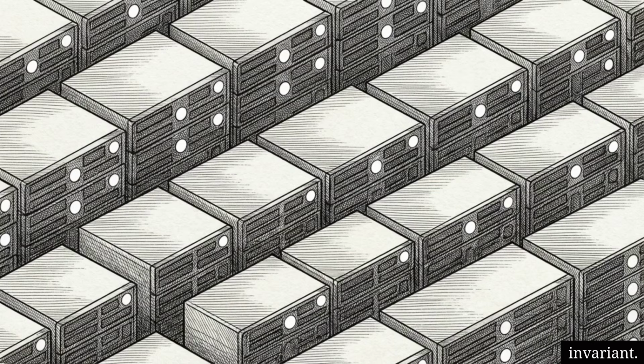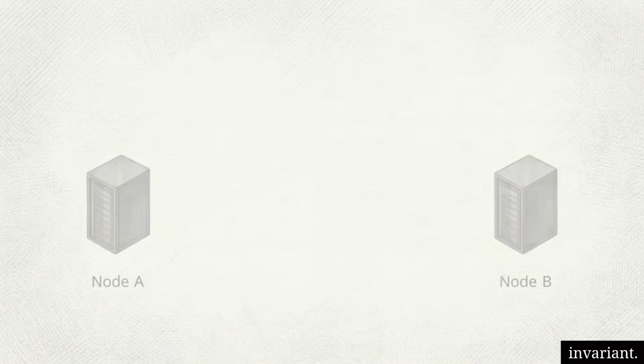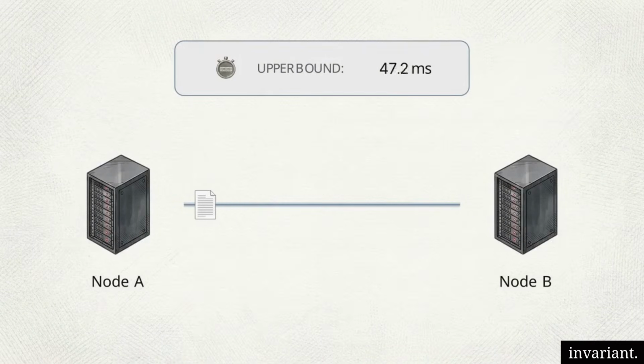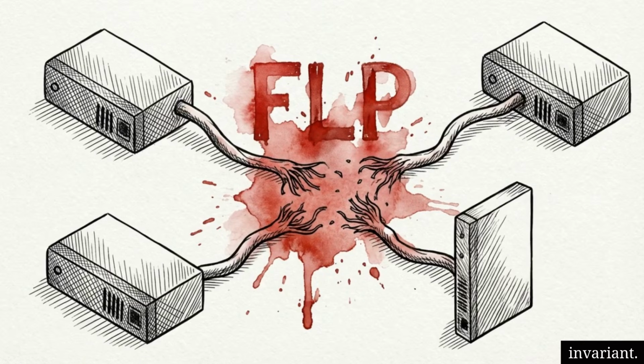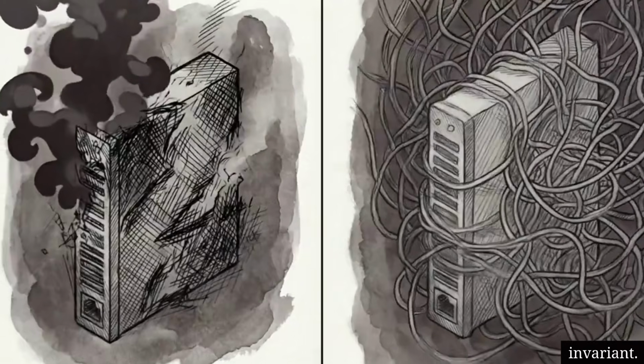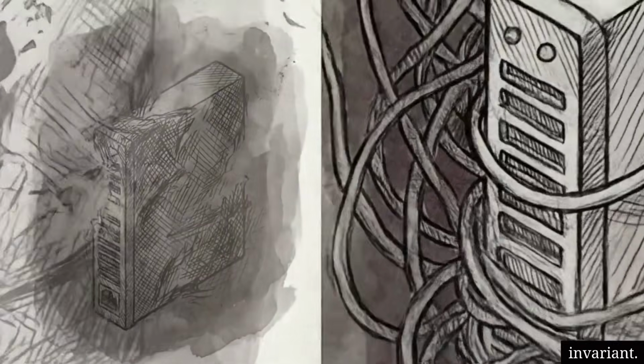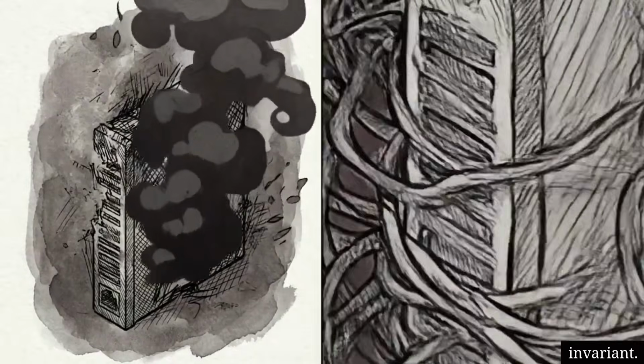To predict how a system will behave, we have to establish its synchrony. A synchronous system model assumes that processes operate at comparable speeds and that message delivery has a strict mathematical upper time limit. True synchrony rarely exists, and in a purely asynchronous system, the FLP impossibility theorem states that consensus cannot be guaranteed. Without timing assumptions, a node that has crashed is mathematically indistinguishable from a node that is simply experiencing